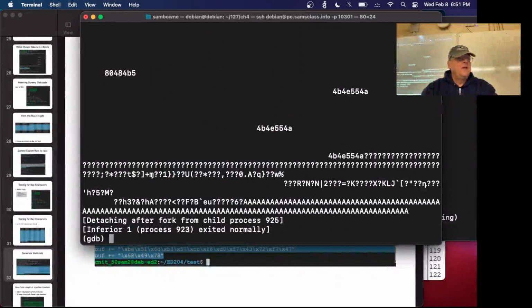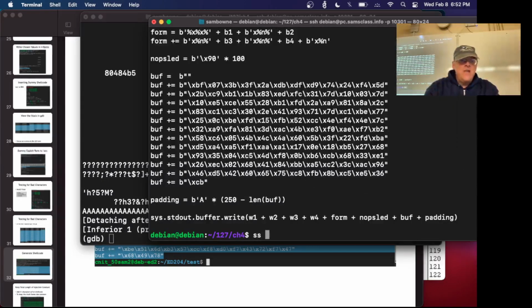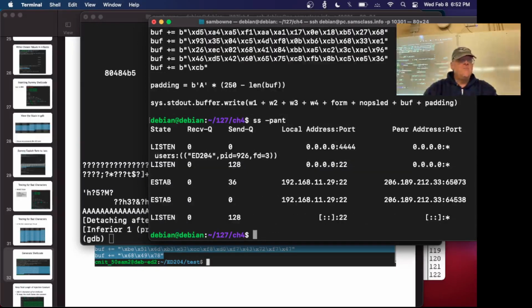And run it. Now, it did a fork and exited normally, so it didn't crash at all. It didn't get interrupted. It forked to launch a new process, and one of the processes exited normally. And if I do ss -pent to see socket state in TCP on this machine, I now am listening on port 4444. So it did launch a shell, and I can connect to that shell with a netcat